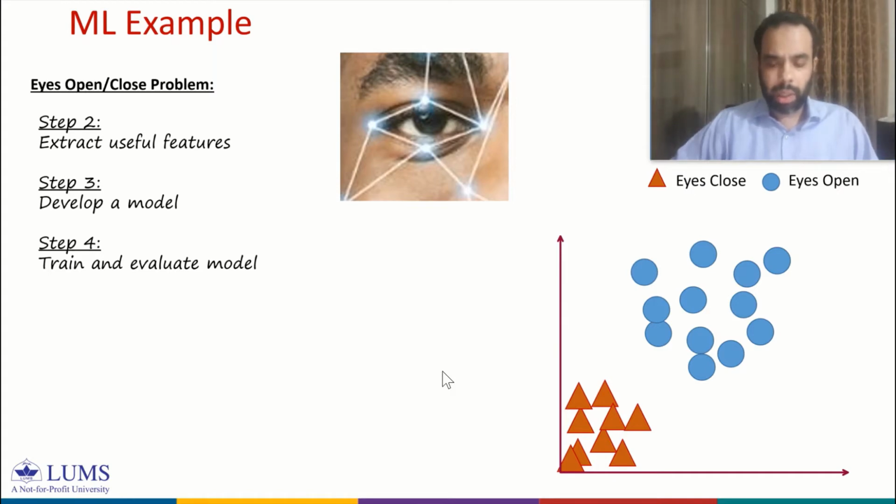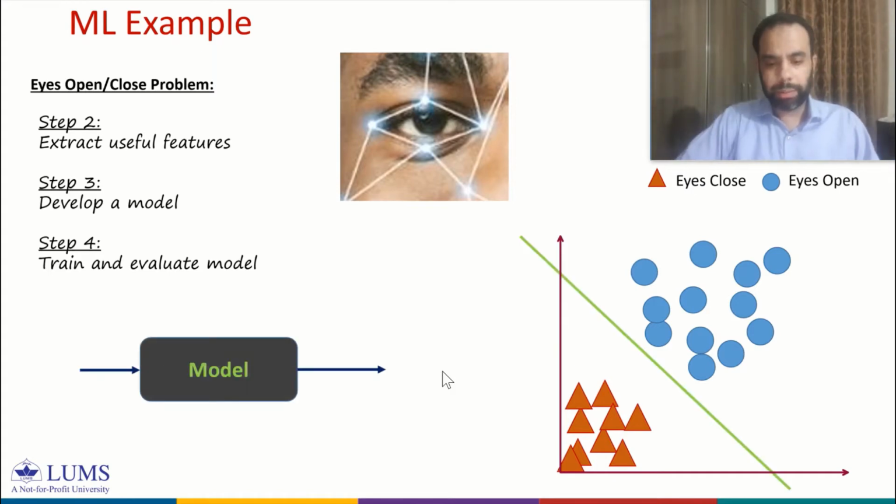In this simple case, we choose a model that separates these blue circles and red triangles. So this green line would best separate these two classes. Once the model is trained using the data, and you know that this is the best boundary that well separates these blue points and red triangles,